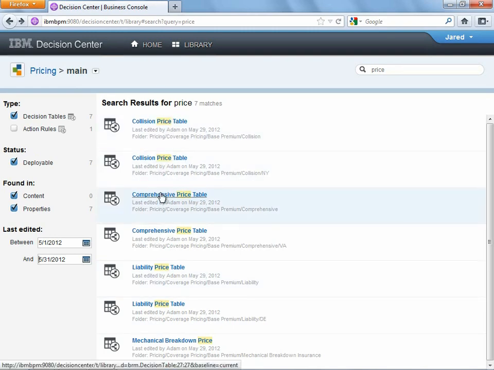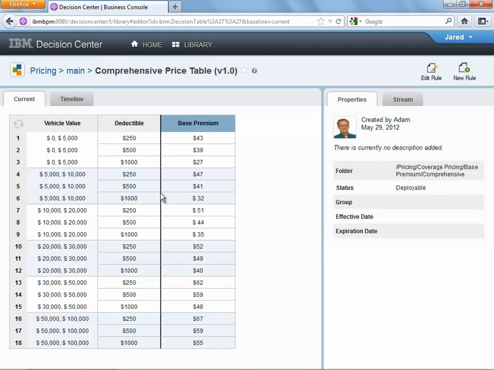Now in this project, it's not quite as important because it's a smaller project, but as projects grow to hundreds or thousands or tens of thousands of rules, this capability is going to become extremely important. I'm going to go ahead and drill down on this comprehensive price table, and you can see this particular table is allowing us to set base premium values depending on the vehicle value and the deductible chosen when they're issuing